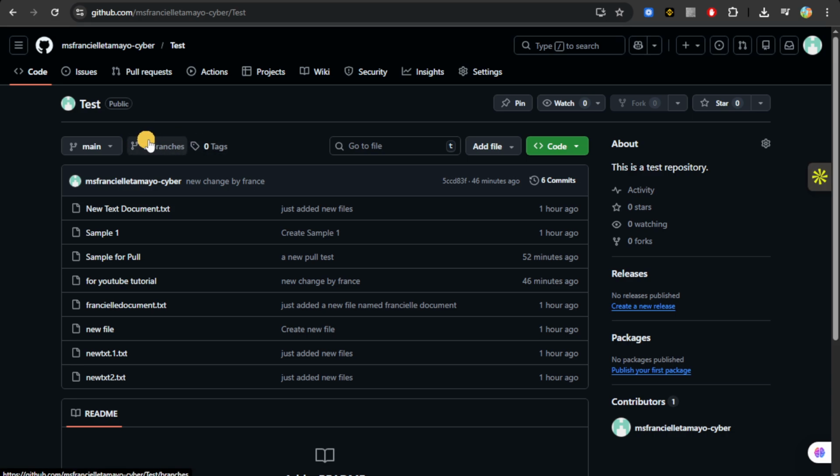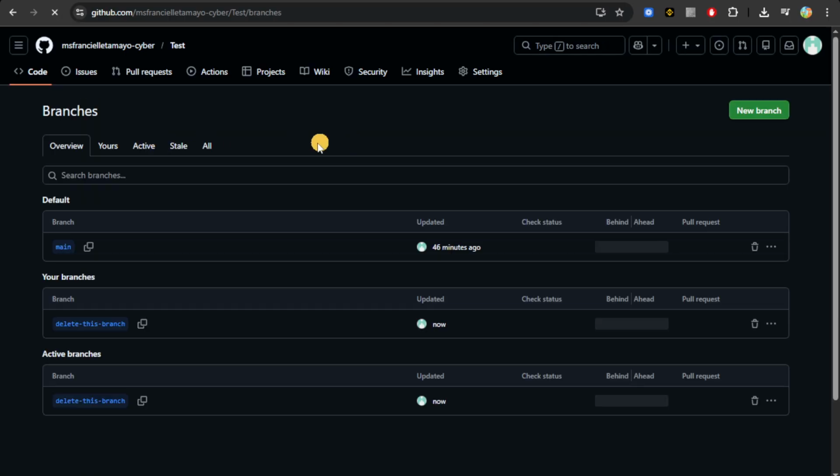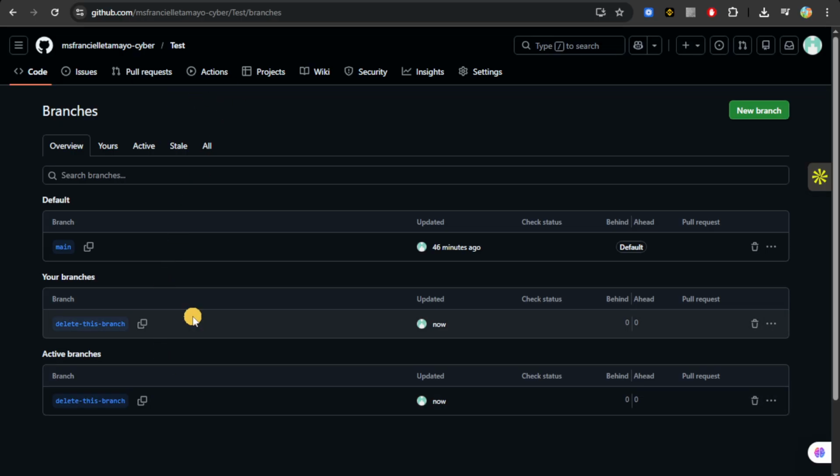Now what you're going to do is you're just going to click on these two branches right here, and then the branches will be opened like so. Now you can see all of the branches here. You're just going to select the branch that you want to delete, and then from there you will be able to see this delete icon. So you can just click on this delete branch icon, and as you can see here, it has been updated